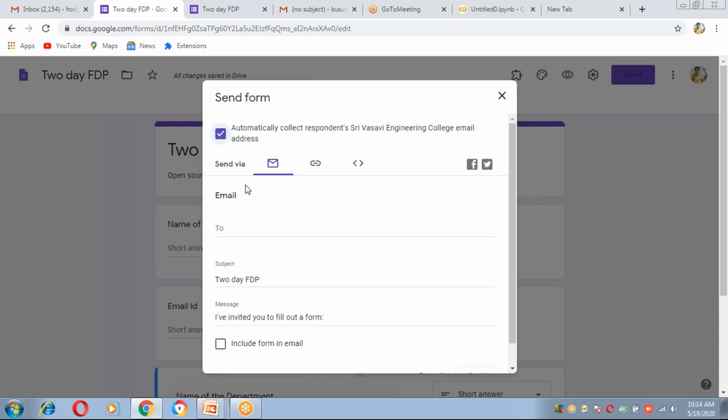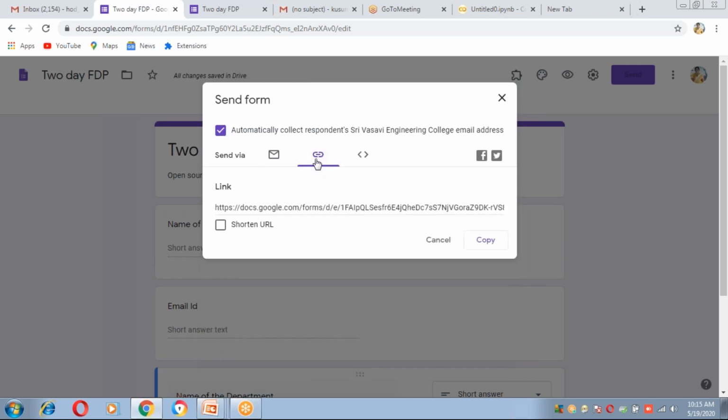Suppose if we give this Google Form to limited participants, then we can click on this email, and here we can give all the recipients' mail IDs. On the other hand, suppose we want to propagate, I mean, give it to a number of participants through Google links, through WhatsApp, then here the link can be created.